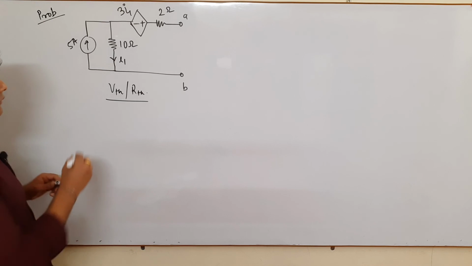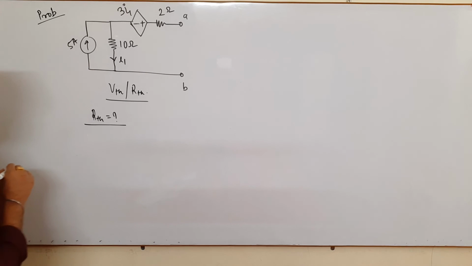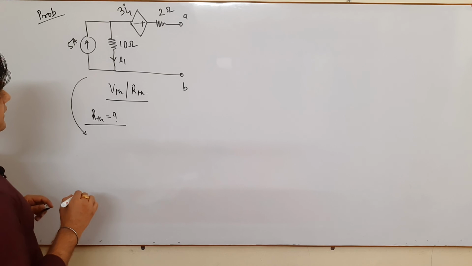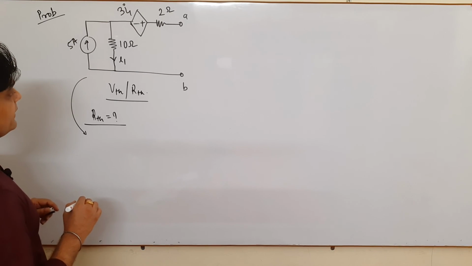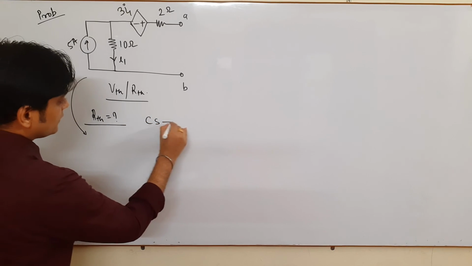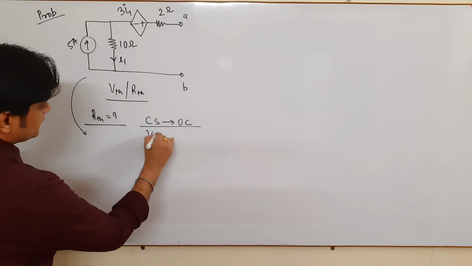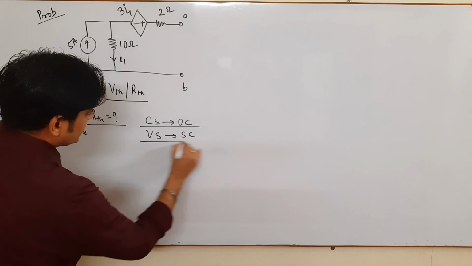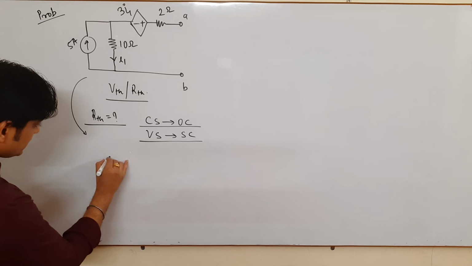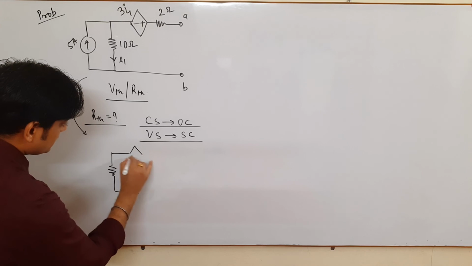Okay, so first of all we find RTH as per our concept. So for finding out the RTH I am redrawing this network. So as I said earlier, all the independent sources go off. So this is a current source. So your current source will go open circuited. Okay, and voltage source goes short circuited as we have discussed earlier. So once we redraw this network, it comes to be in this fashion. See, this is your voltage source.